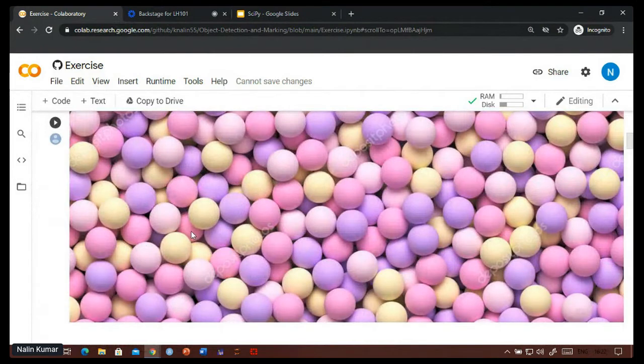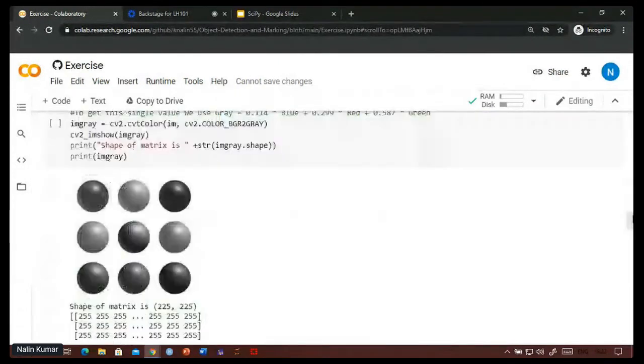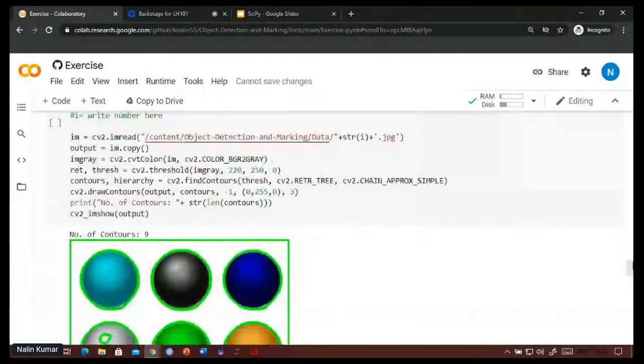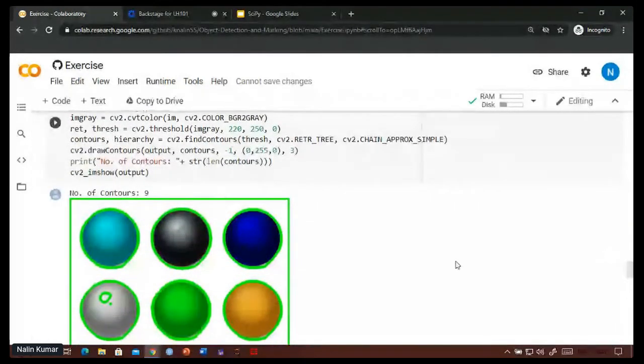There are several balls hiding in the shadows, you can say. So it won't be possible for these methods to get those balls in their counting.